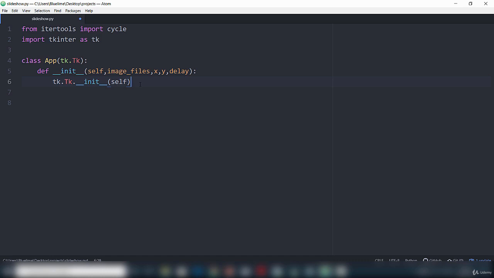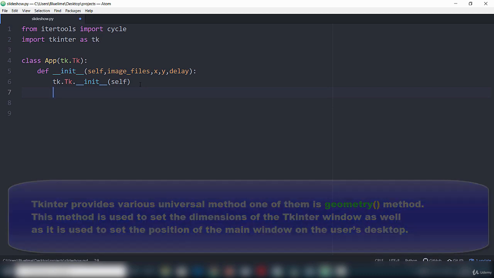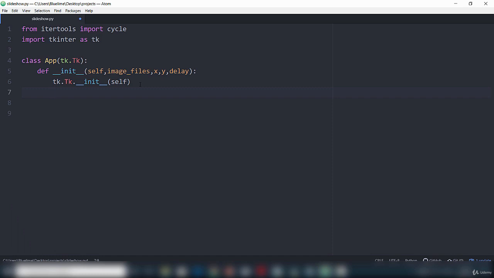Next thing I want to do is specify how the image is going to be presented inside the application window. You do that using the geometry method. The geometry method is basically a method within tkinter that enables you to arrange elements inside the application window. So to do that, I'll do self.geometry,